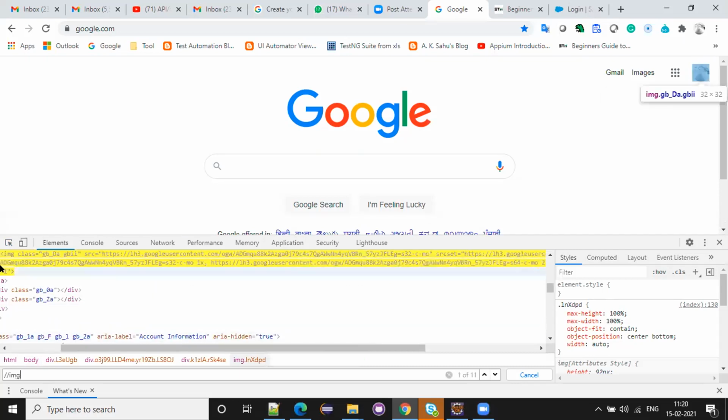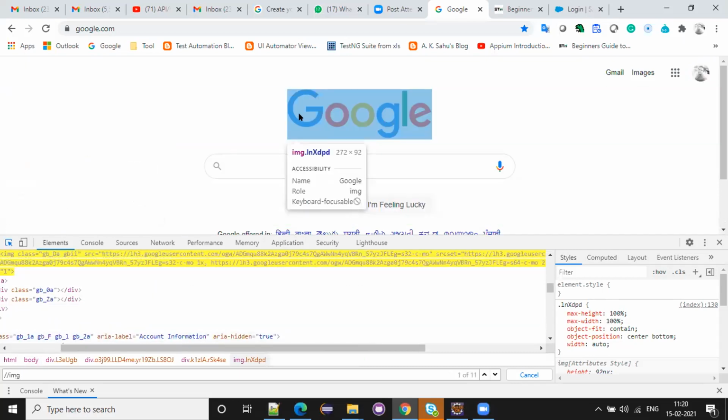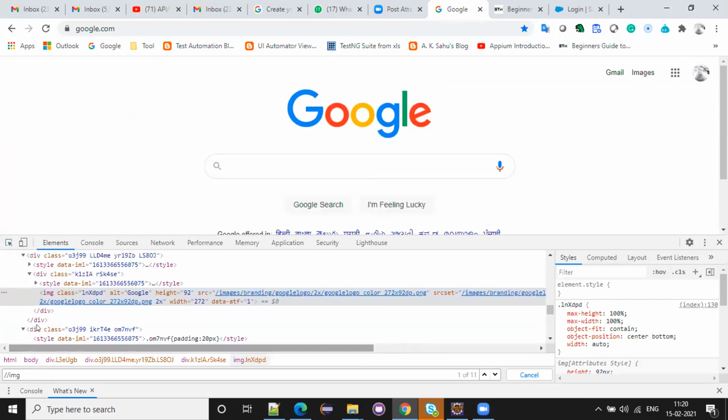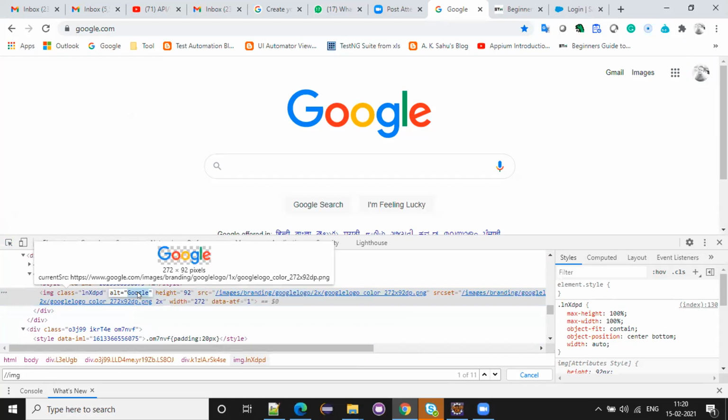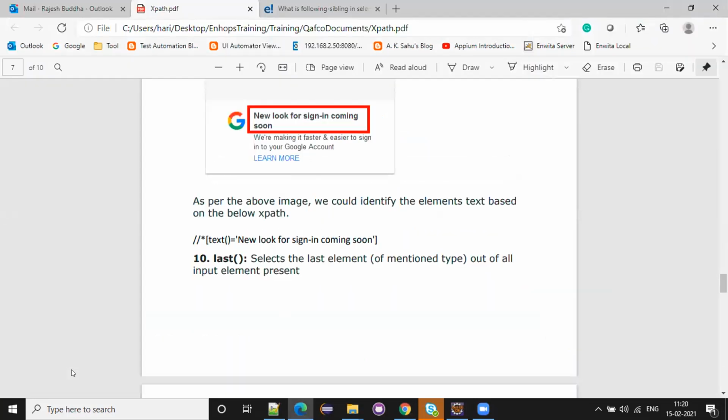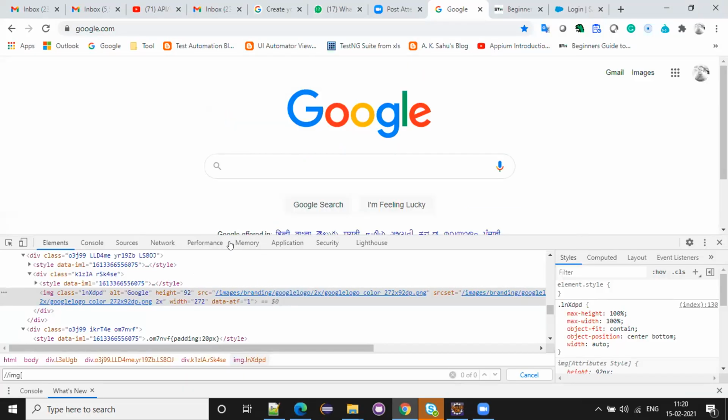So you see in the input box and link, now you are able to see image, right? Here Google is the text. Can you see that one? What is the syntax? Double slash star. There is no attribute, you are just checking the text. Yeah, we're checking visible text, right? Yes.